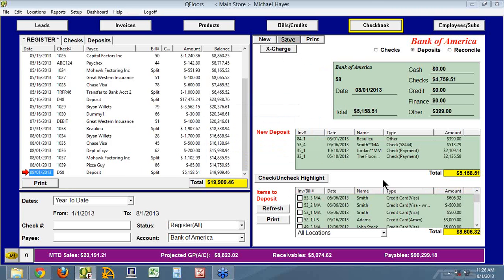Okay, credit card payments. You'll want to look at your bank statement, maybe talk with your credit card processing vendor, your processing company, and you need to know how the credit card deposits are going to be grouped on your checkbook. Basically what I'm saying is